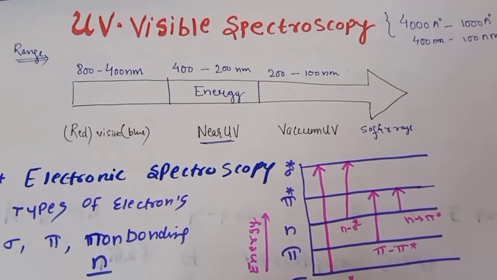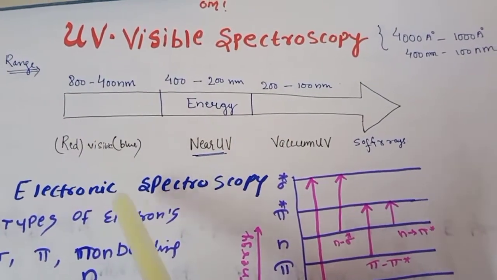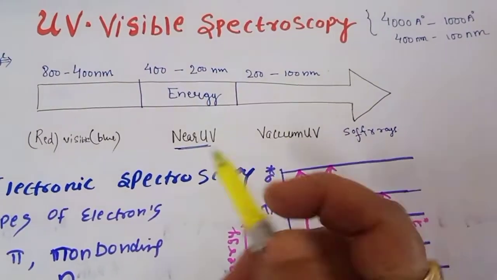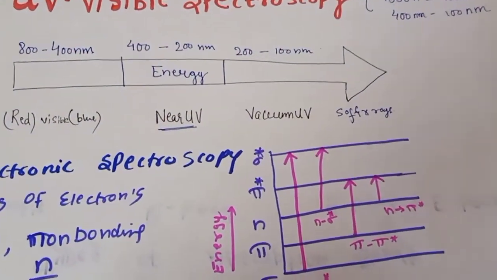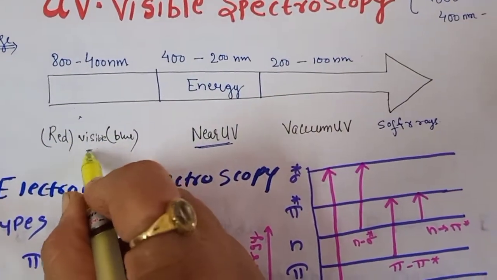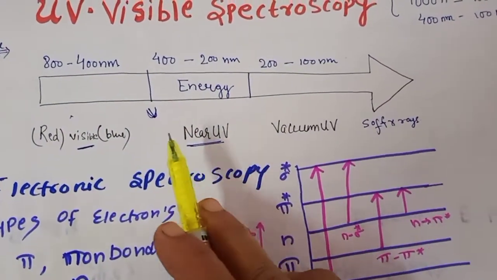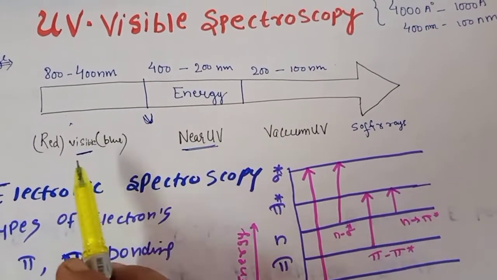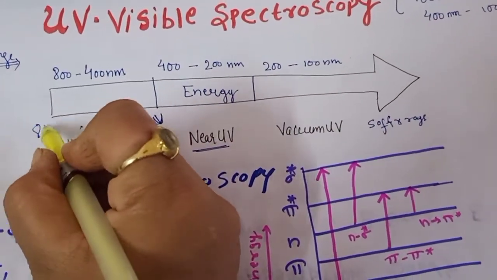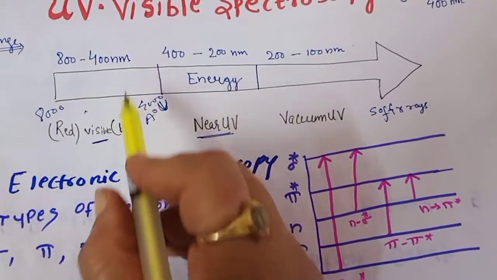As we know, the whole sunlight is made up of two parts, the visible and the invisible, and the invisible part, where the ultraviolet comes, comes after your VIBGYOR finishes, that is, after the visible region. The radiations whose wavelength is less than violet are ultraviolet. The visible range is from 800 to 400 nanometer, or we can also write it as 8000 to 4000 Angstrom. We use two units, either nanometer or Angstrom.